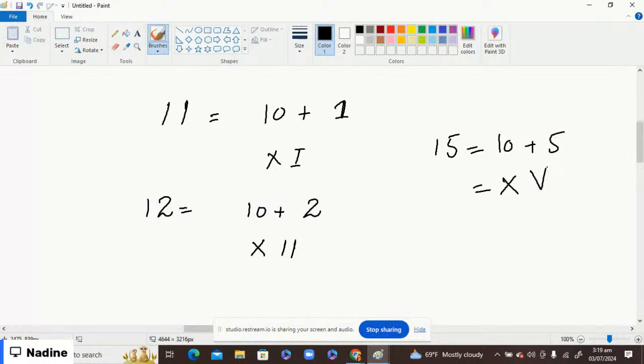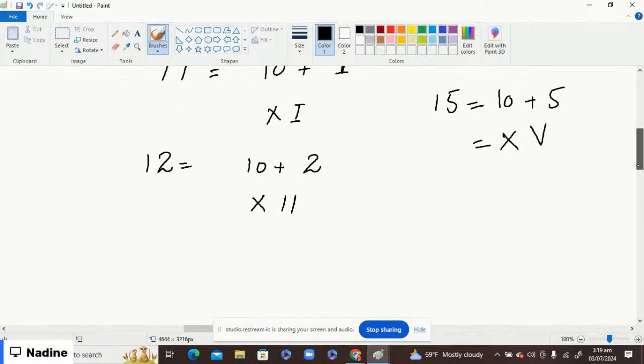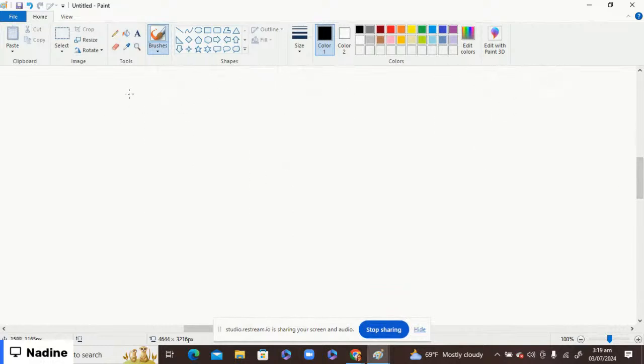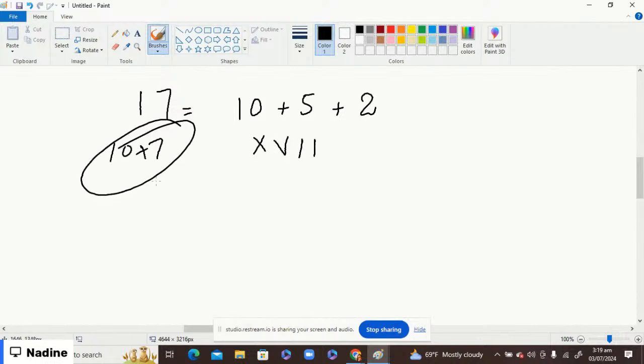Now look for 16 to 17, all those numbers. How can we write it down? For example, if I'm going to write down 17, what's for it? 10 plus 5, that is 15, and plus 2. You can basically break the numbers like 10, 5, and 2, because we know the 10, that is X, we know the 5, that is V, we know the 2, that is II. Otherwise, for example, it is 10 plus 7. Do you know about it? 7 is easy, as we know, V double I. But when you write it down this way, this is easy for you to understand as well as easy to memorize. Okay,